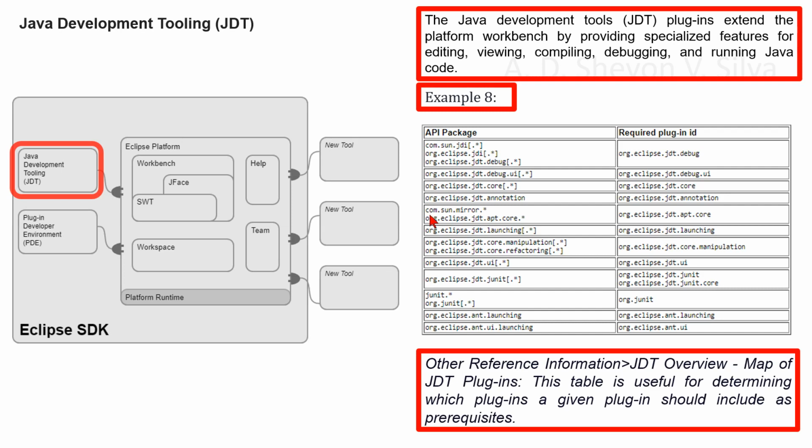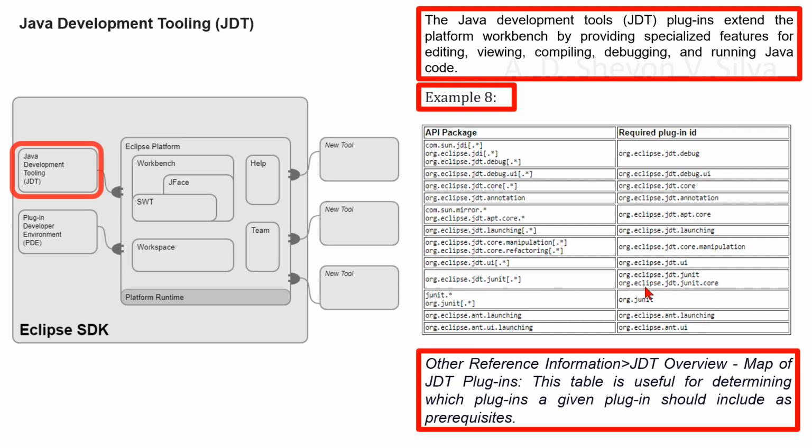Here API package com.sun.mirror.* and org.eclipse.jdt.apt.core.*. Required plugin org.eclipse.jdt.apt.core. Here the API package org.eclipse.jdt.launching. Required plugin org.eclipse.jdt.launching. Here API package org.eclipse.jdt.core.manipulation, org.eclipse.jdt.core.refactoring, and required plugin org.eclipse.jdt.core.manipulation. Here API package org.eclipse.jdt.ui, required plugin org.eclipse.jdt.ui. API package org.eclipse.jdt.junit, required plugin